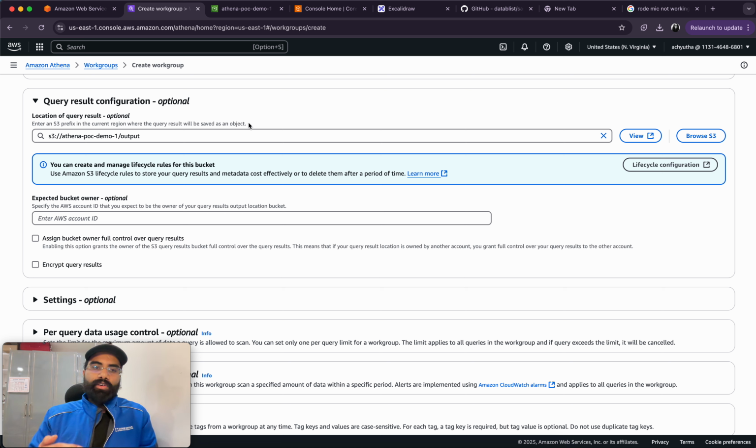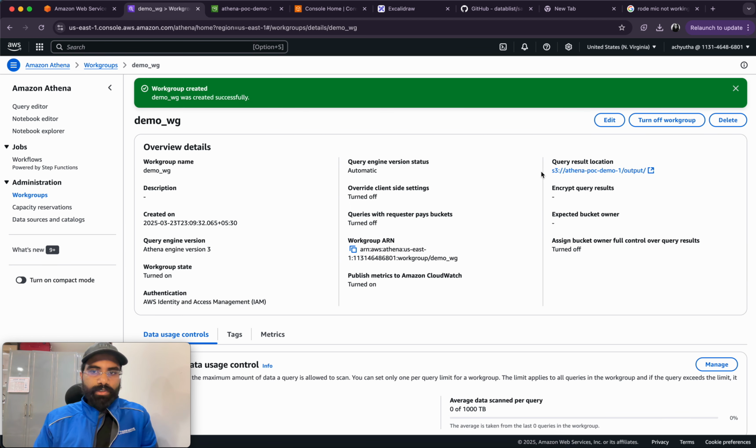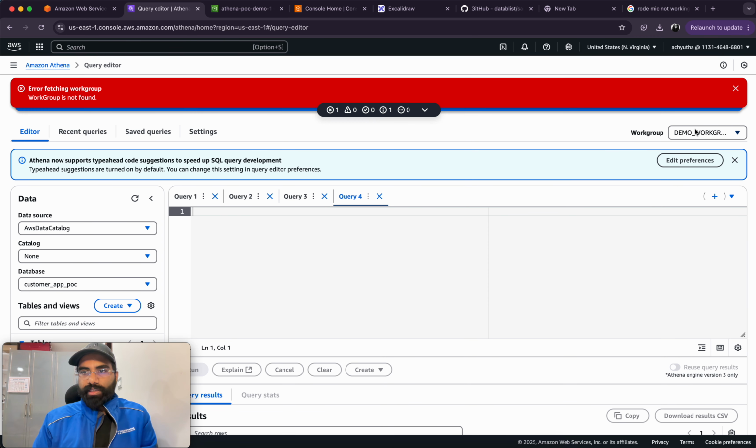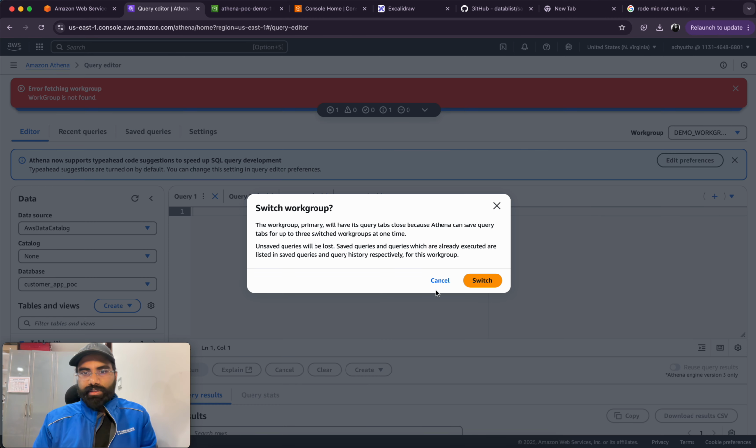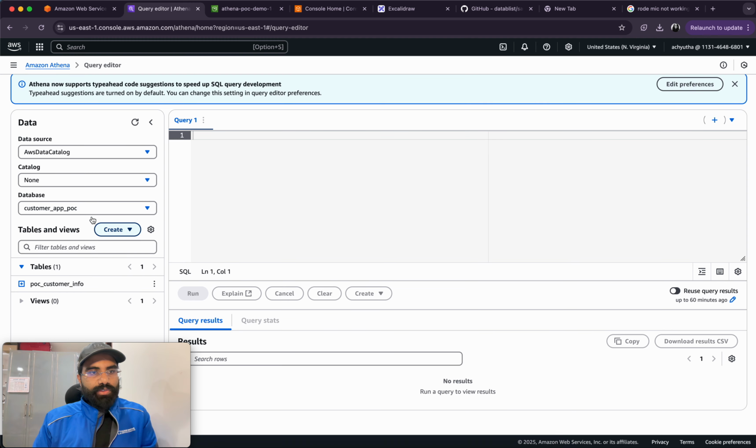So whenever you run a query, the queried result meaning so every query will have a filtered data, right? That filtered data will be stored in this particular location. So that is what it means. So everything else you can keep as it is, the defaults. Click on create work group, and your work group is created with these details. You can explore. Let us go back to query editor, select that particular work group, which is this switch. You have the work group selected, and now if you see,